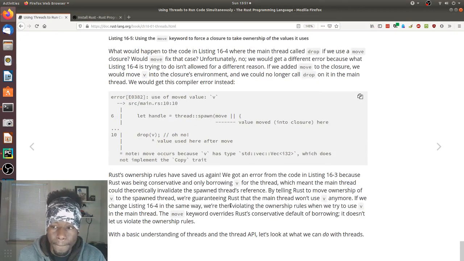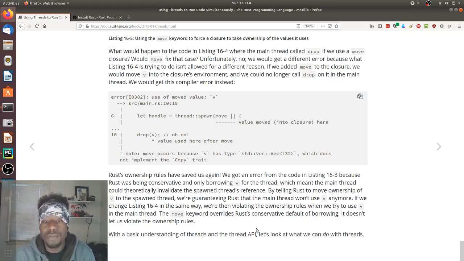Yeah. Oh, this is the end of the section. Huh. So last paragraph. Rust ownership rules have saved us again. We got an error from the code in listing 16-3 because Rust was being conservative and only borrowing v for the thread, which meant the main thread could theoretically invalidate the spawn thread reference.